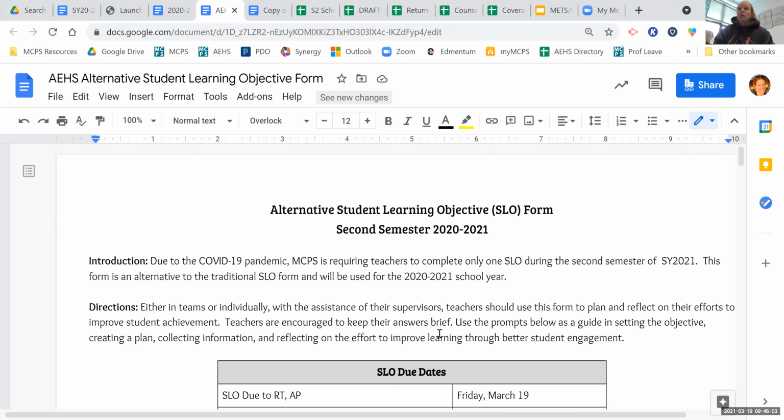I am happy to sit down with you and explain this process in greater detail if you need more one-on-one support. And these SLOs will be reviewed by your RTs and your APs as another level of support to give you feedback for improvement. So please let me know if you have questions, if you need further support,